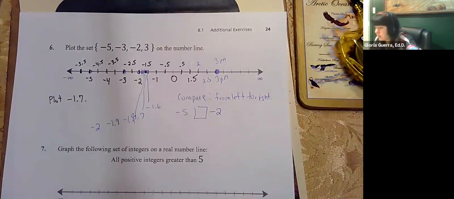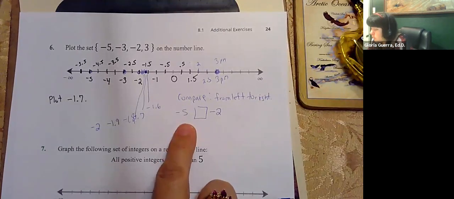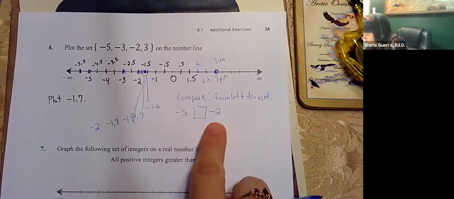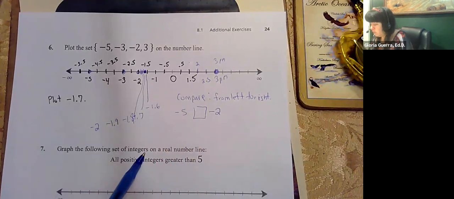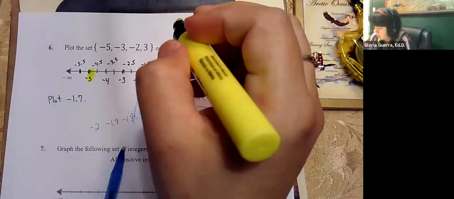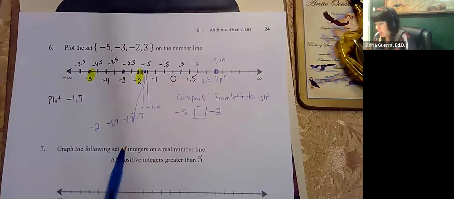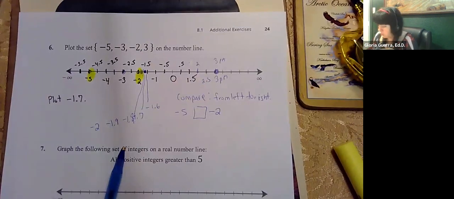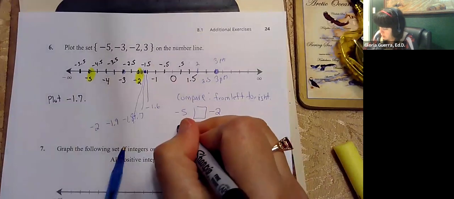So you're saying negative 5 is what in comparison to negative 2? Well, if you look where they're at, negative 5, negative 2, and remember that comment that we learned when we first started the lesson? Remember, it said